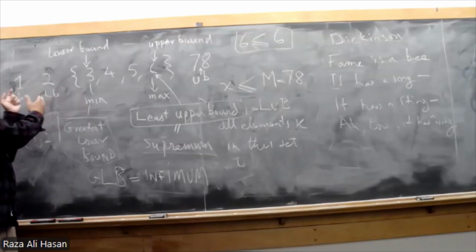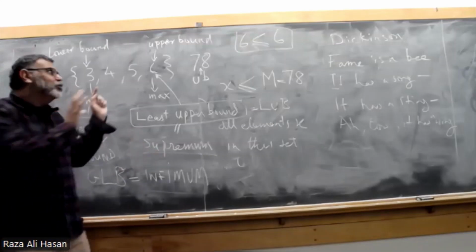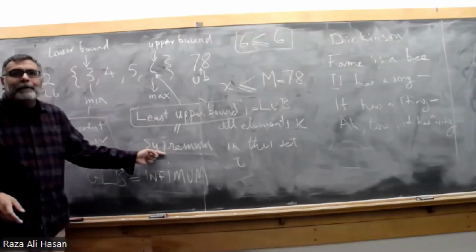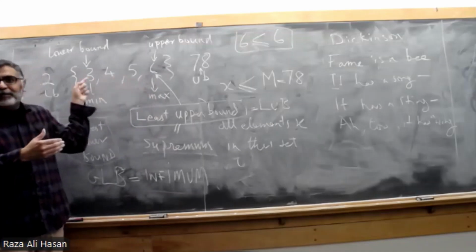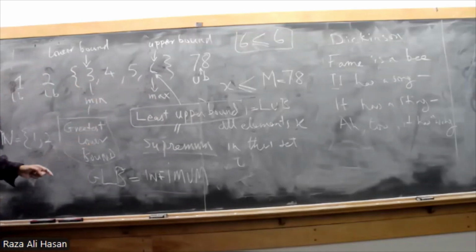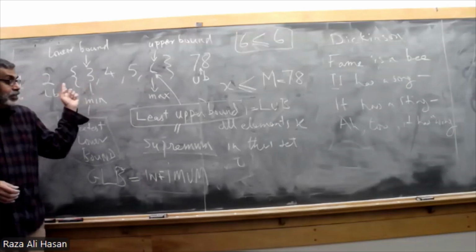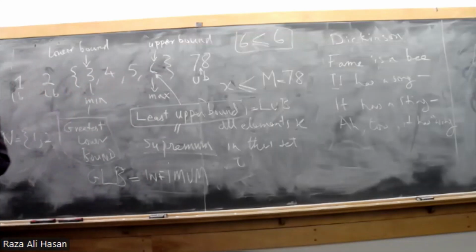When I see infimum, I definitely go towards the left side of the set. When I see supremum, I should go towards the right side. The supremum is superior to the numbers in the subset, bigger than them. The infimum is inferior to the numbers in the set. Something like that might help. Okay, are we good? Let's move on. Questions? No questions? Okay.